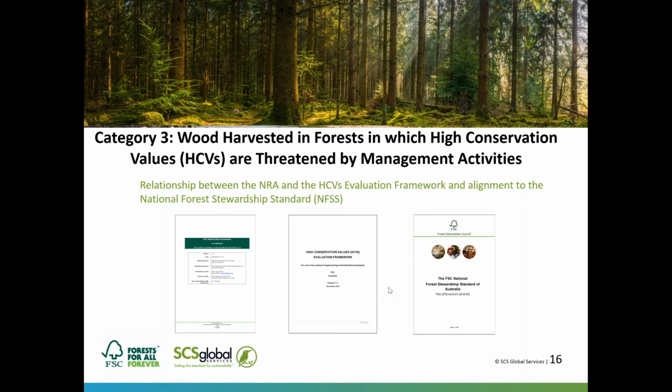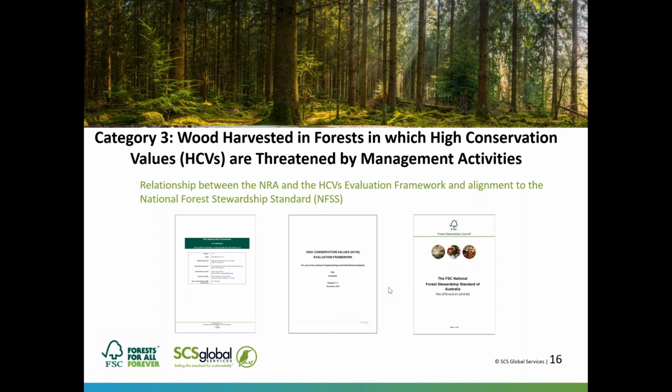So for the national standards process, as part of Principle 9, which covers the requirements around the management of high conservation values, we adopted and incorporated a high conservation values assessment framework and approach in there,